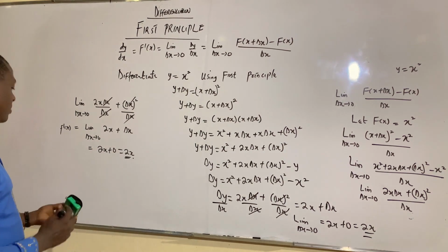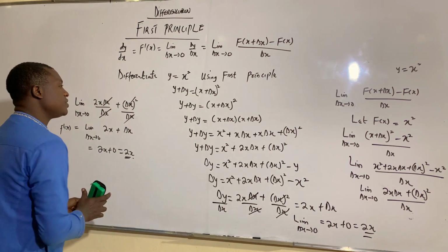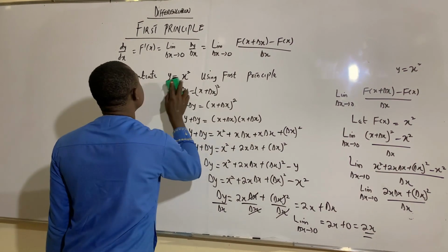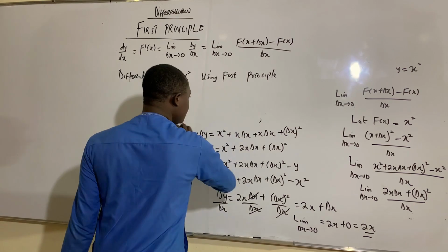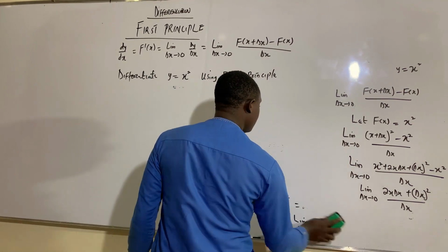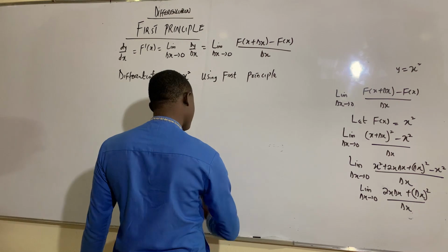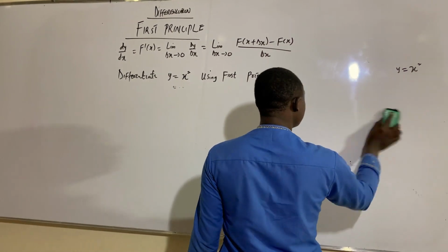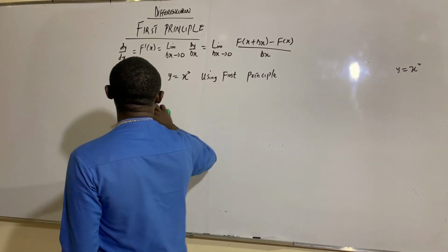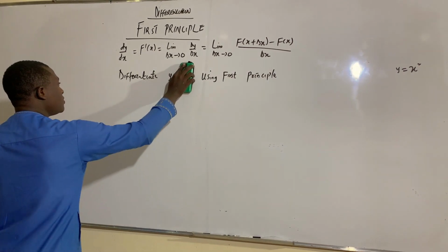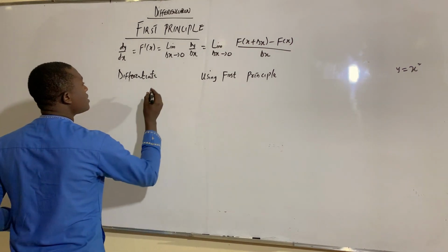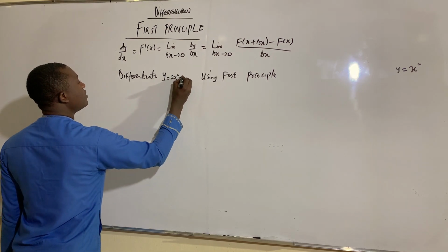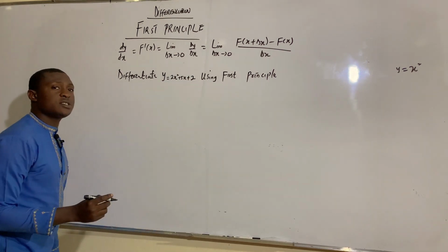So now let's see another problem using the first principle. Maybe the question says using first principle to find, maybe it comes in form of fractions. Or okay, let's look at this one. Maybe they want to complicate the issue. Let's say we have to use y is equal to, let's say, 2x squared plus 5x plus 2 using first